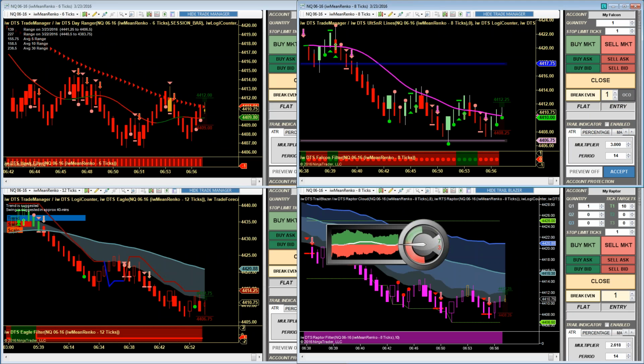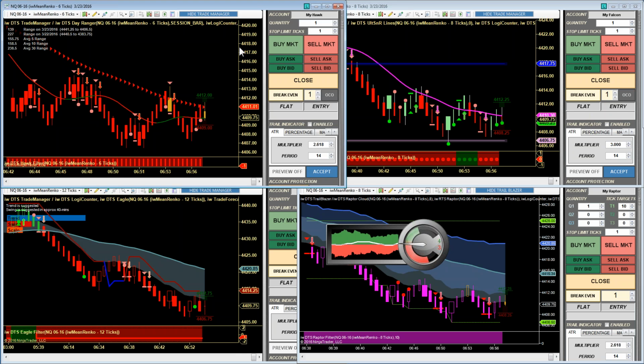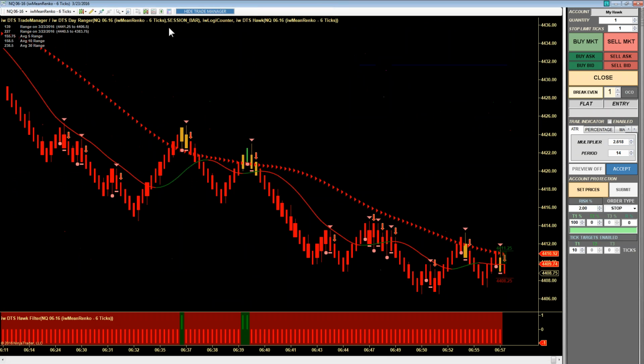Sure, absolutely. Ryman asked, Eric, can you show the E-mini with the Day Ranger? Just one second while I load that up. The Day Ranger is this tool that's up here in the top left corner of my Hawk. It is also a system add-on. The Day Ranger,